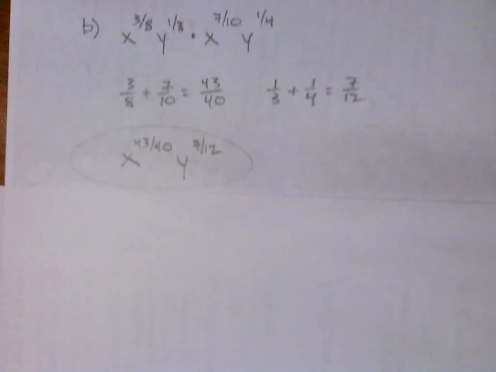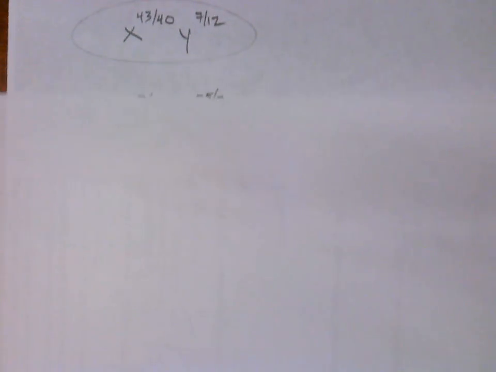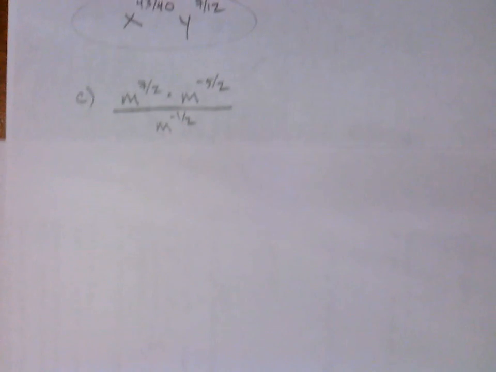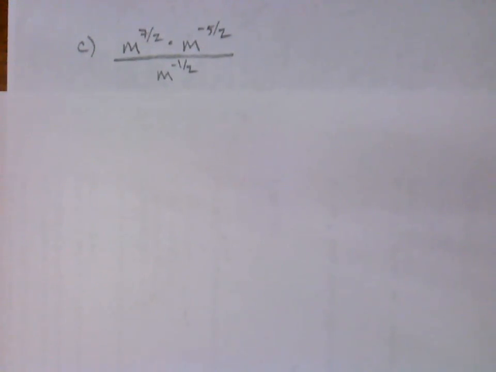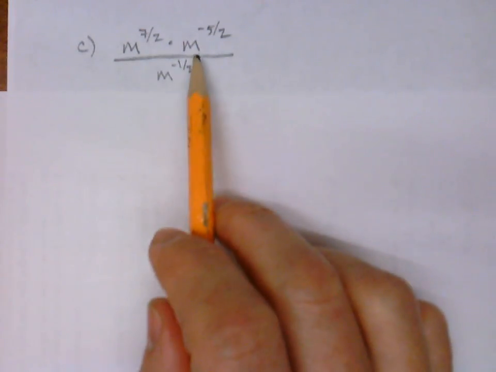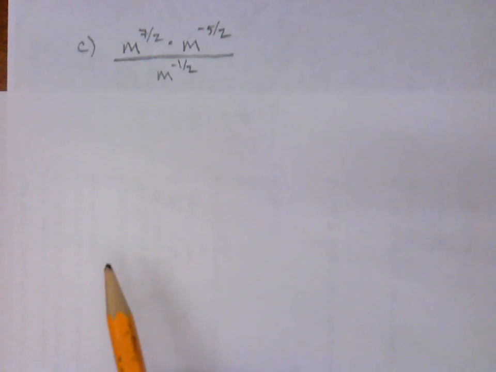Okay, so I've got a couple more, and we're going to start to involve some negative exponents now. This one only has the variable m, but a lot going on nonetheless. m to the 7/2, times m to the negative 5/2, all over m to the negative 1/2. So I'm going to show you the approach that I would take,